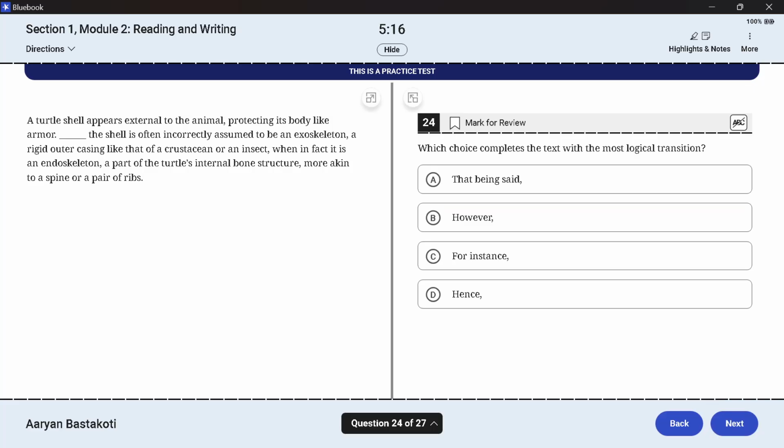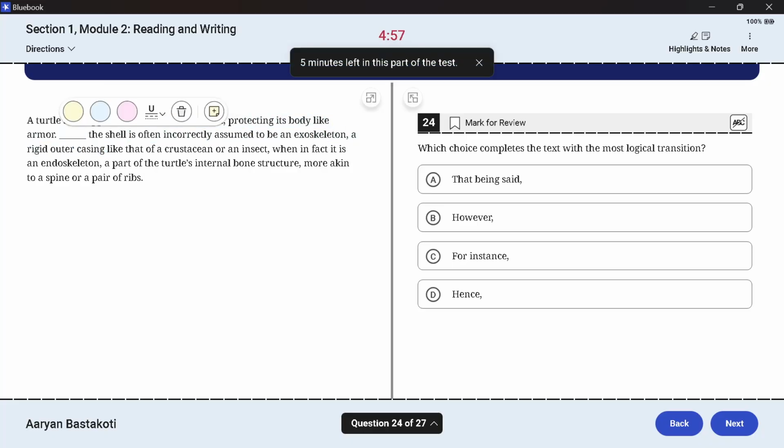A turtle shell appears external to the animal, protecting its body like armor. The shell is often incorrectly assumed to be an exoskeleton or outer casing, like that of a crustacean or an insect. Appears external. This is not a contrast. Some people might think this is a contrast, so "however" might be used, but I do not think this is a contrast. This is more like an addition. So